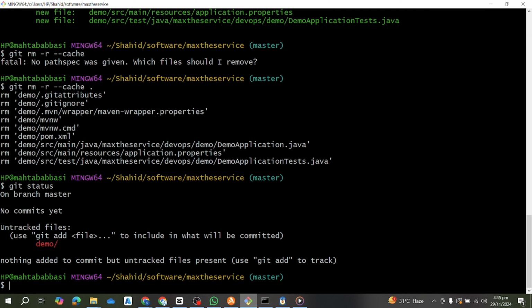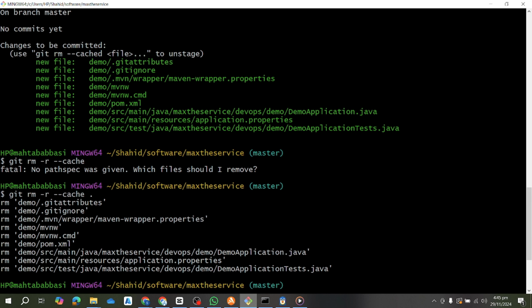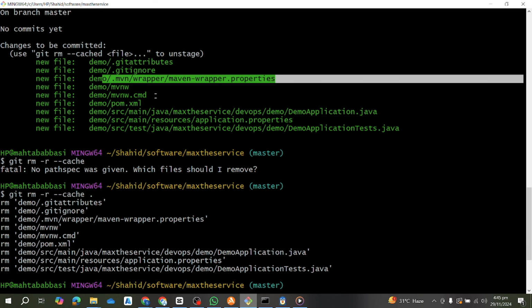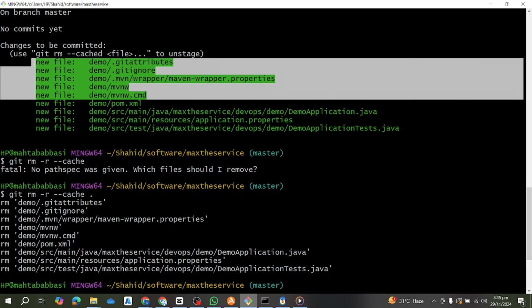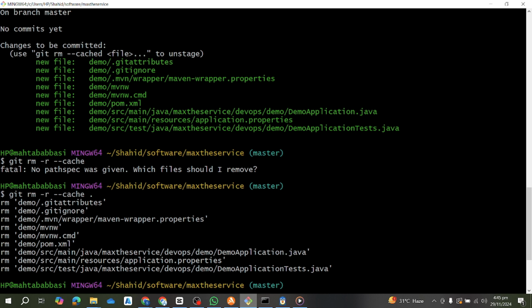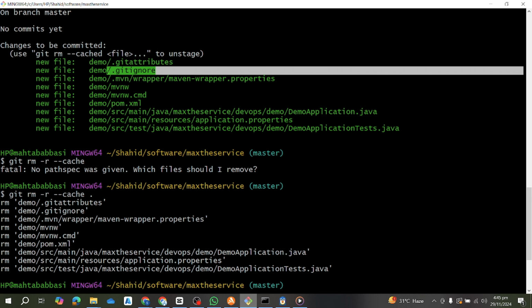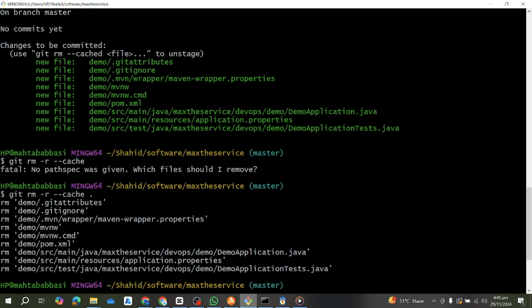Let's suppose you have added by mistake. You don't want to add everything. Let's suppose you don't want to add .gitattributes, you don't want to add .gitignore, you don't want to add the rest of these files, because these are configurable files. We have discussed this in the last session. This is relevant to your local setup. We will work on how git ignore works. We will just provide some path here,